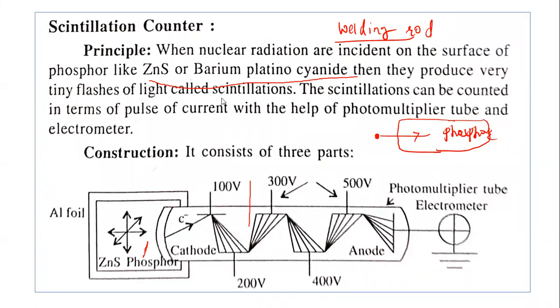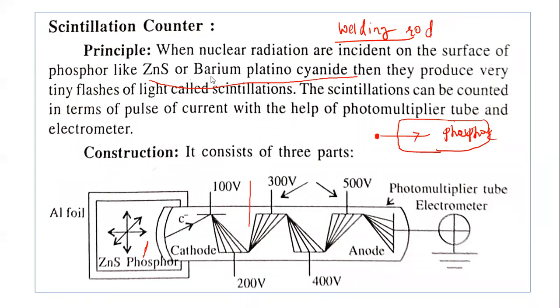We know the Geiger-Müller counter. In the Geiger-Müller counter, the radiations emitted by the radioactive sample can be counted by the ion pairs. The nuclear radiation enters the copper cylindrical tube, and in that tube a number of ion pairs are produced. Due to those ion pairs, a current is produced, and we can register the current as a count.